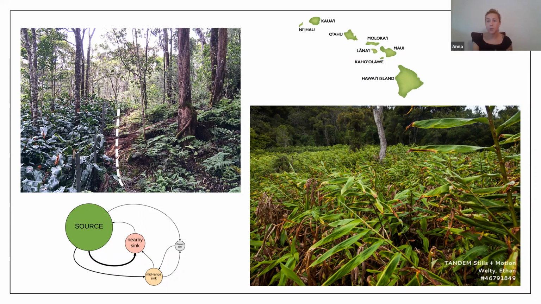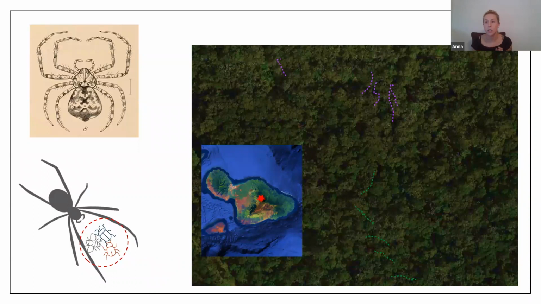So we wanted to see specifically how endemic taxa are responding. And so we decided to focus on this endemic genus of spiders, Pagiopalus. These are in the running crab spider group. And we wanted to see how their diets are changing between ginger-invaded habitat and native forest. So this gives us a potential to look at shifts in biotic interactions and see if there's a really severe impact of this kind of plant invasion on how the spiders are functioning.